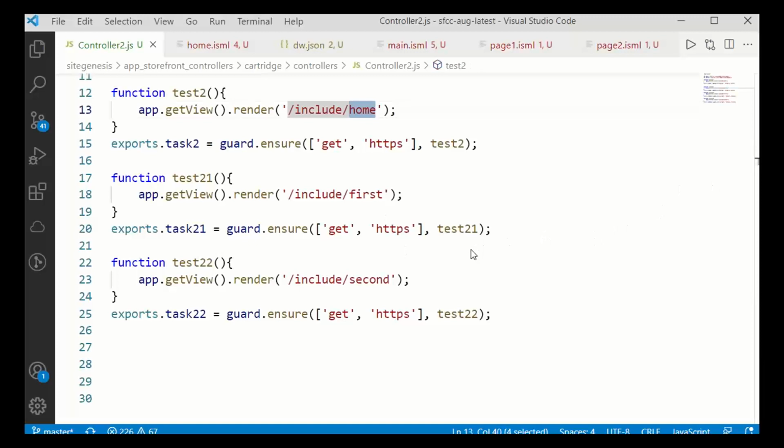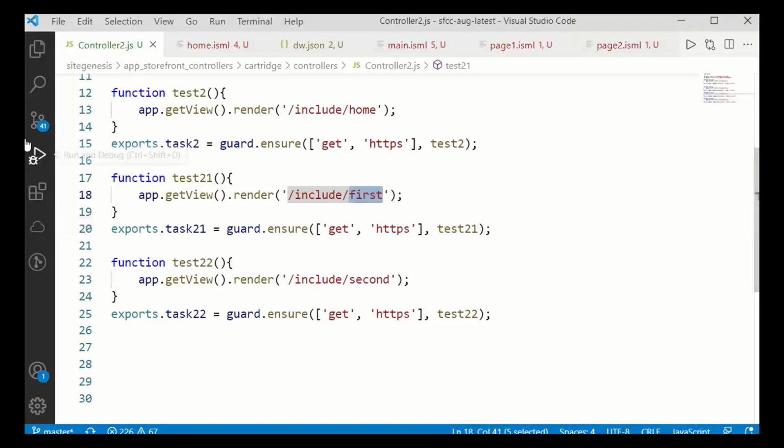Please observe everybody. I repeat once again. Inside a home template, give a call to task 2 1, give a call to task 2 2. Task 2 1 required first.isml. Task 2 2 required second.isml. Try developing first and second. Come on, guys. First and second, both we had to develop.